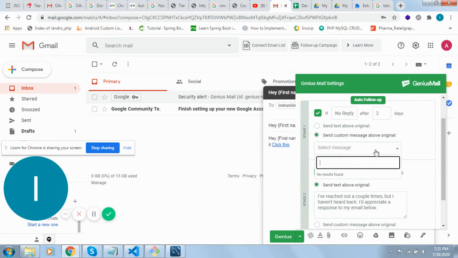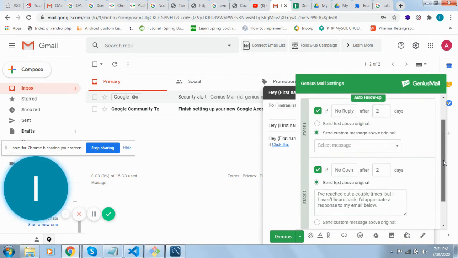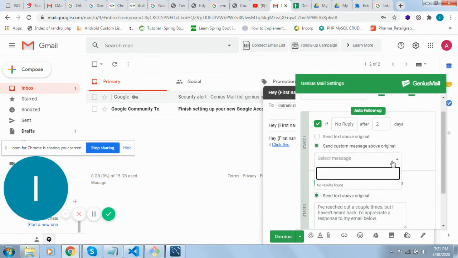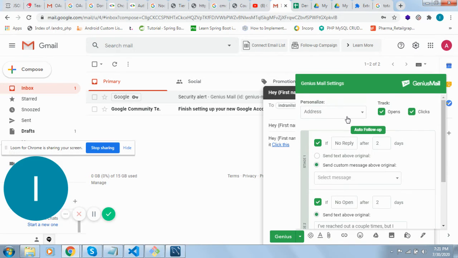This is for whoever has already created a campaign in our application. They can see all the previously created campaigns in this drop down, select a campaign from here, and set that message for that particular auto follow up.